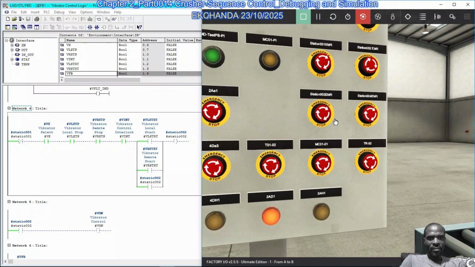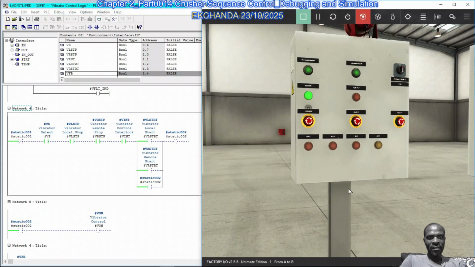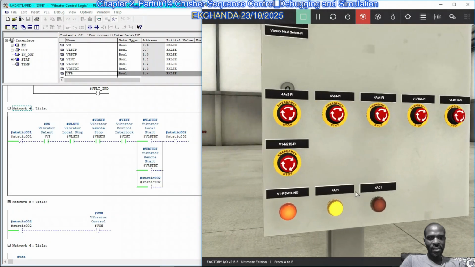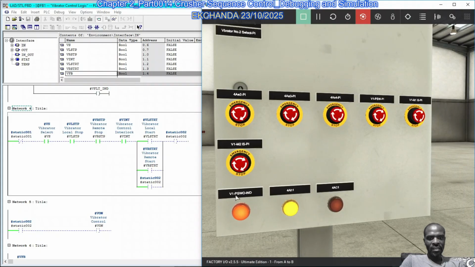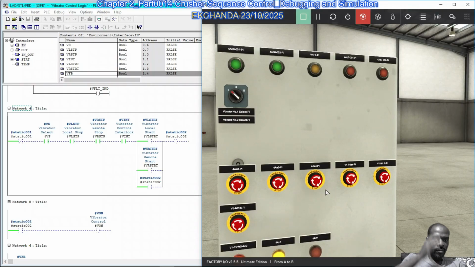Okay, the lubrication pump is still running and the main drive motor is still running. So the vibrator operation, when it gets faulted, doesn't affect the other parts. Okay, so now you see that the paddle switch operated and the system is faulted. So what we do now is